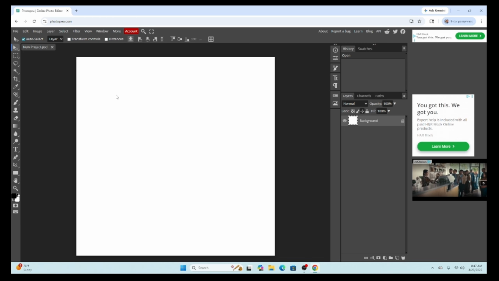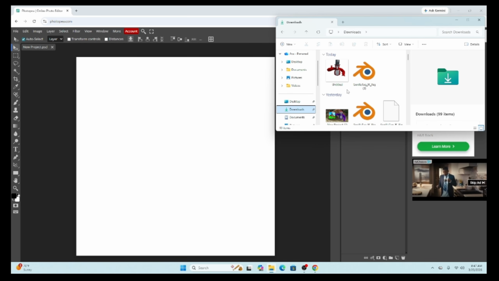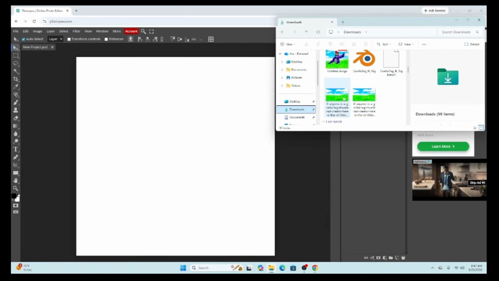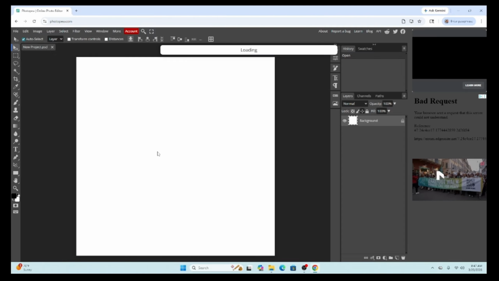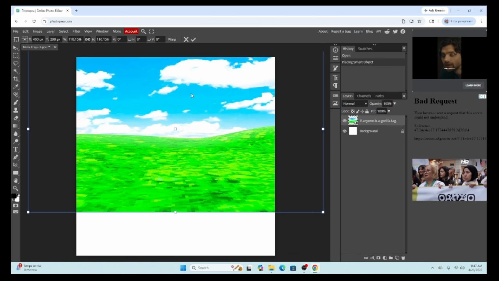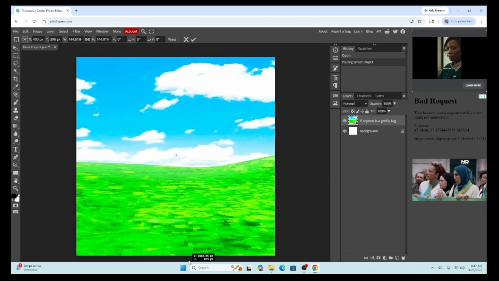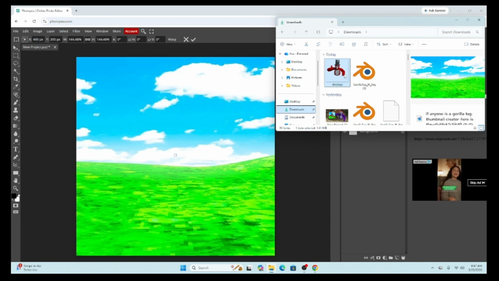Once you click that, you're gonna get to this white screen where you can draw. So you just got skip. Nah, I'm kidding. Now go to your folders. Go to downloads. Get the, hold up. I got these. Get the background. Drag it in. Now I'm gonna put it out. And by the way, this background, a lot of people who make thumbnails use this, so it's really cool. Now drag in your gorilla,